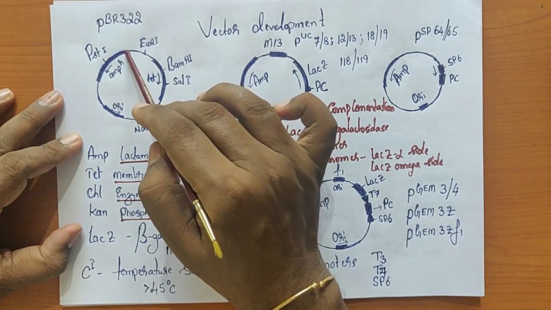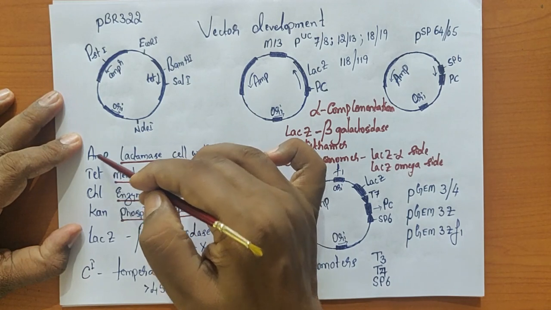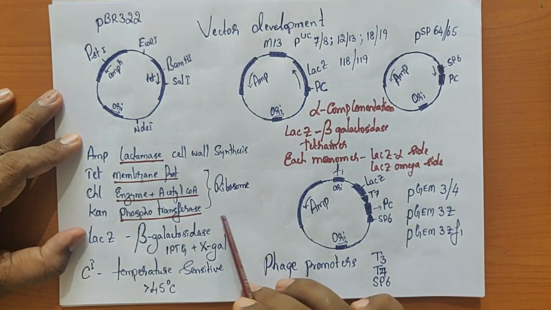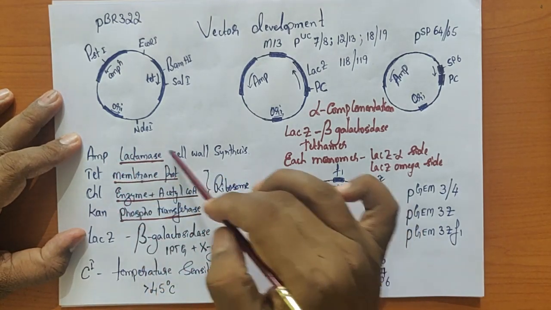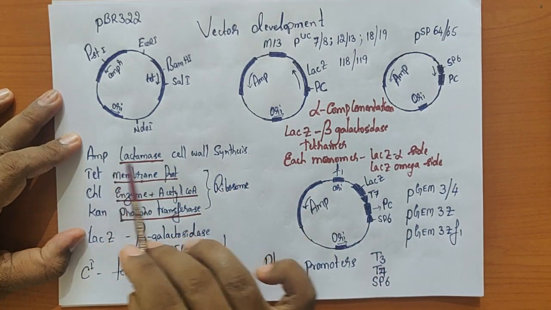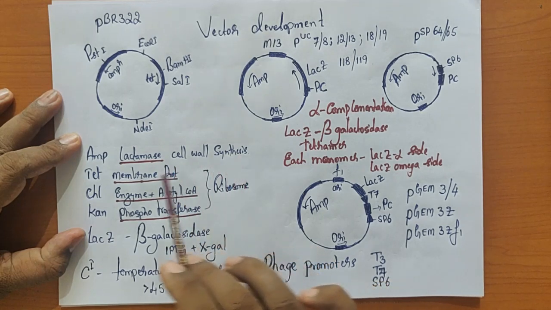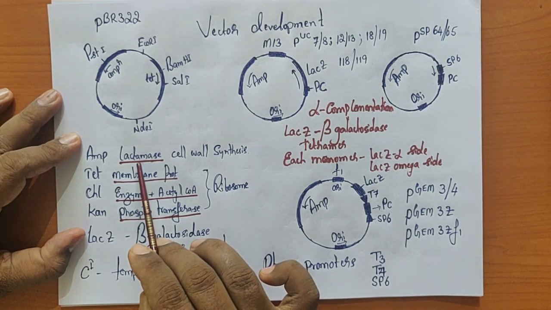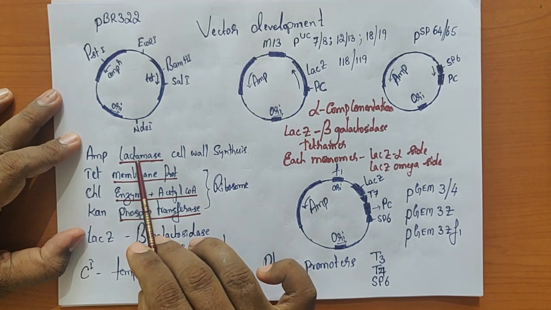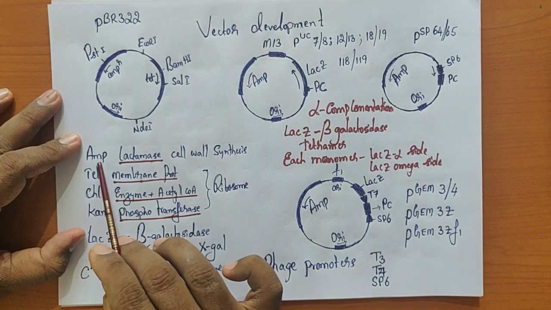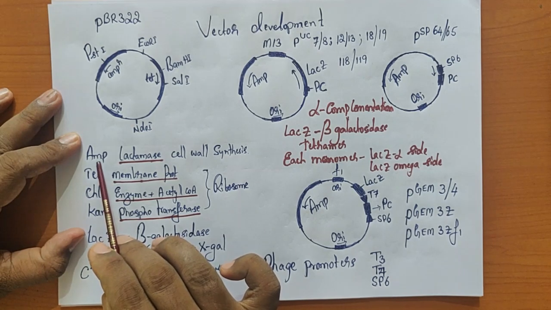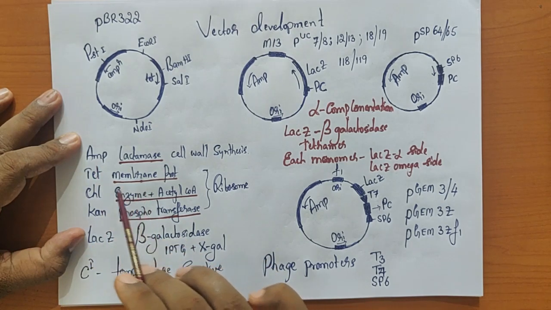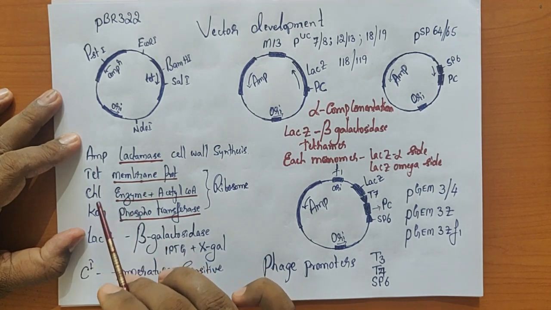So as a result, when we talk about the antibiotic resistant genes, all of them will code for a protein. In case of ampicillin, it interferes in the cell wall synthesis. It produces an enzyme, lactamase. This will be released into the periplasmic space of the E. coli. Then this lactamase hydrolyzes the beta-lactam ring so that it is no more functional. Another one is going to be the tetracycline, chloramphenicol, kanamycin.